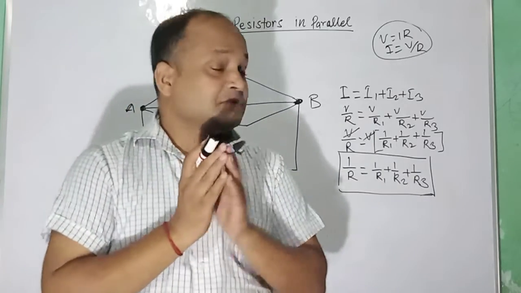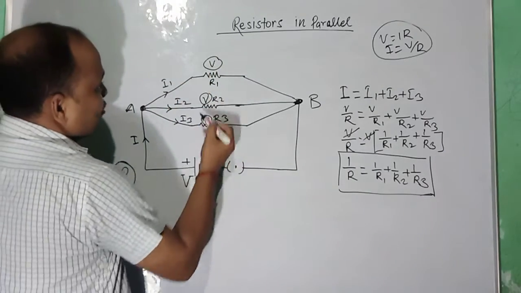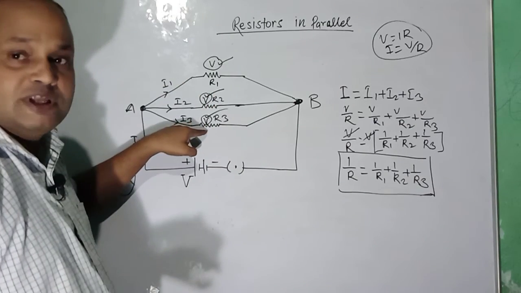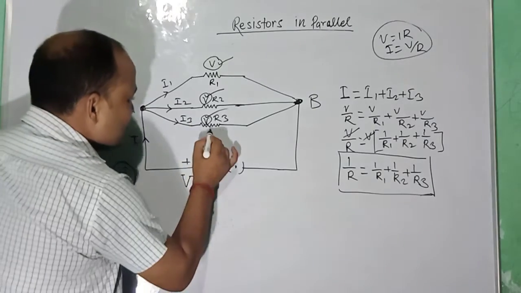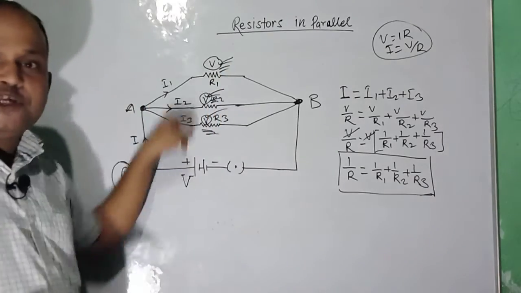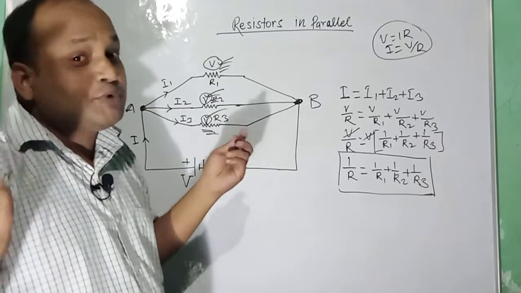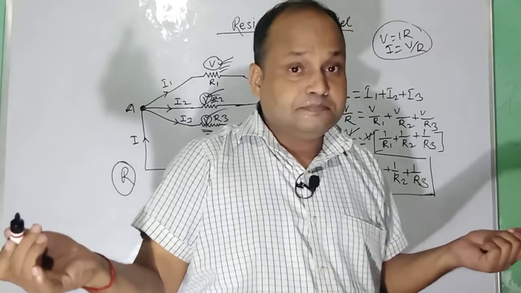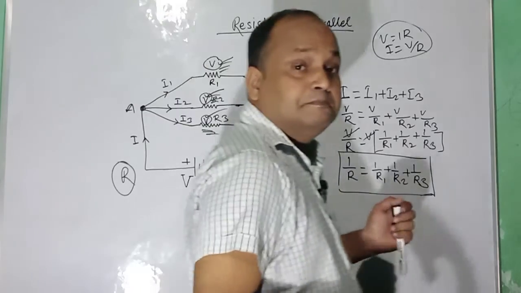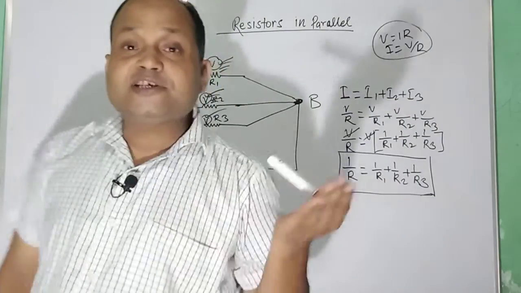So why do we prefer parallel combination? Parallel combination is preferred to have equal voltage on all resistances. As you can see here, voltage V, V, V, the same voltage is available on all these three resistors. So whether it is your 0 watt bulb or 5 watt bulb, your fan or your TV, at each point you will get the same voltage, that is the household supply, the potential difference of 220 volt. So this is how we find the resistance in parallel and series combination.